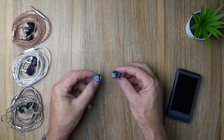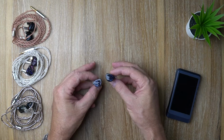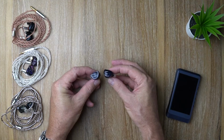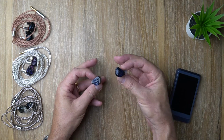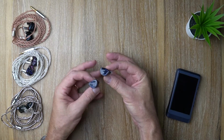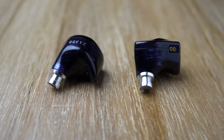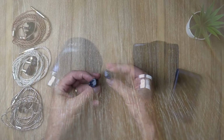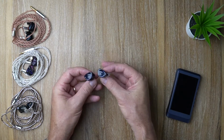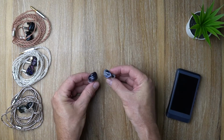The detail retrieval is actually quite good, but the overall resolution, I would say, is kind of just moderate or average. Vocals are articulate and clear, but they have this kind of edge to them, maybe a little bit of grain to them, and that comes from the treble, which I'll get to in a moment. But in terms of the mid-range, the tonality is okay. It's just got this underlying edge to it that, well, let's just move to the treble right now,